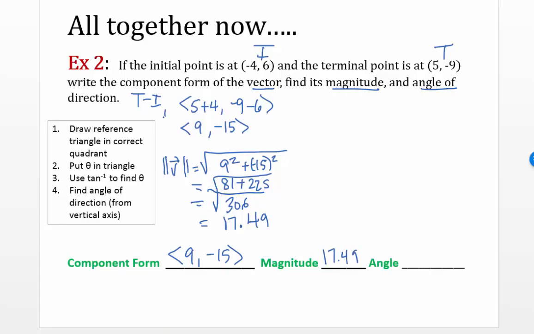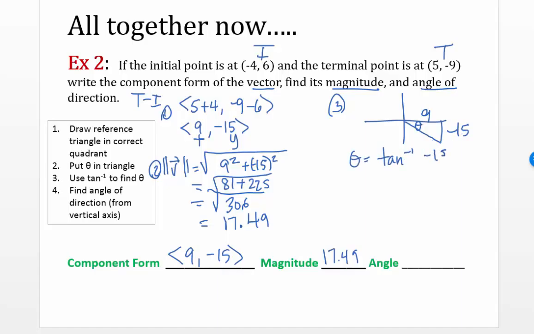So there's problem 1, there's problem 2. Problem 3 is finding the angle. Remember our steps in finding the angle. We've got to draw it in the right quadrant. Look, x is positive, y is negative. So where does that happen? That's down here in quadrant 4. So here's theta. X was 9, y is -15. So theta is going to be the inverse tangent of y over x. So if I plug that in my calculator,